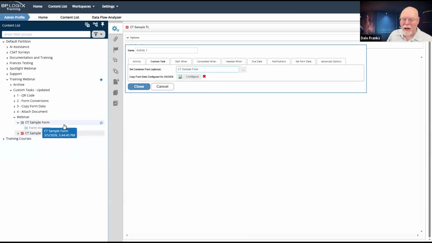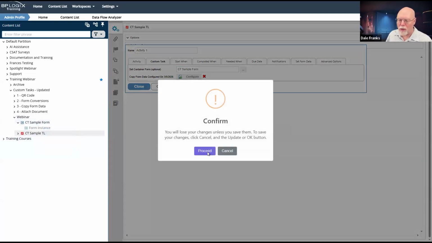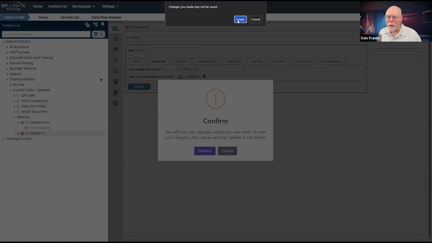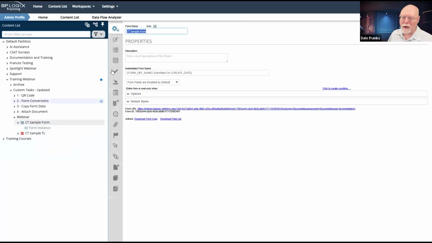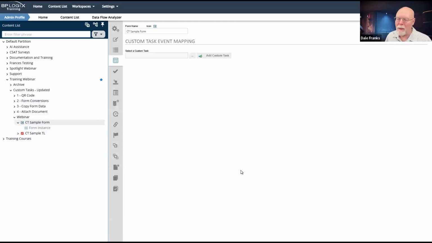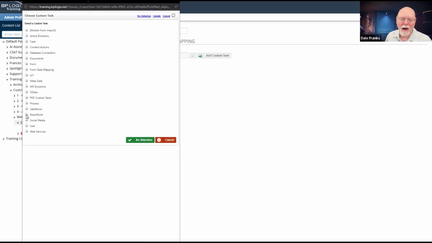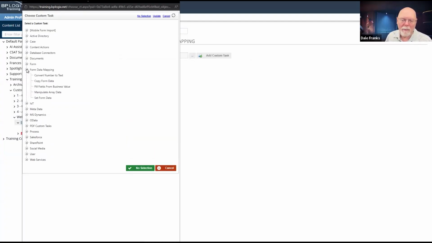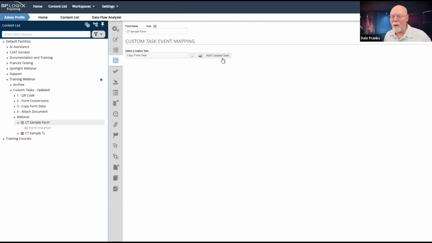That is something that you don't have to do whenever you're setting up a form custom task. Because on the custom task event mapping, let's go back here. Let's go to form data mapping. Oh, and look, I have extra stuff like manipulate array data or fill fields from business value. But we're looking at copy form data right now.